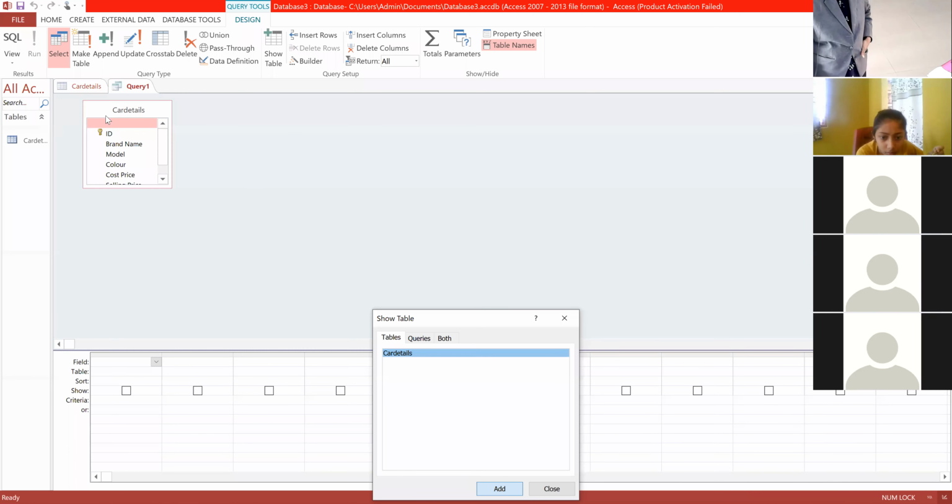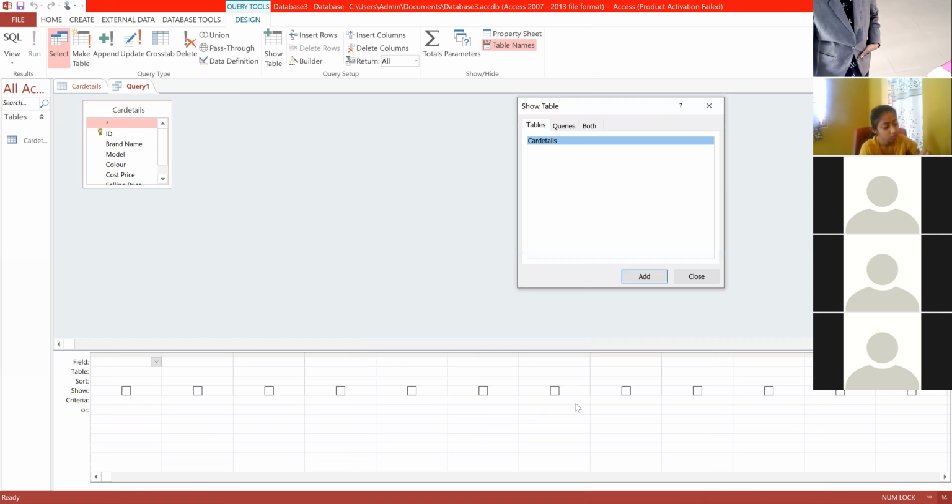Okay. See, here we got this. You can see the screen, everyone. So car details, all these are the fields. Yeah, already we have created the database, right? ID, brand name, it will show that only. So it showed, right? Now the down one is a query form. Down you can see here below, this I will move a little. Here you can see this is called the query form.